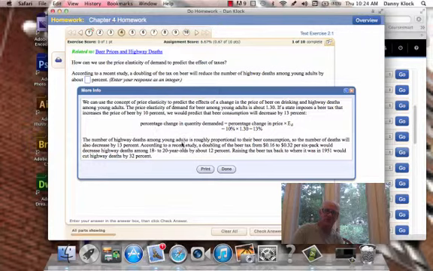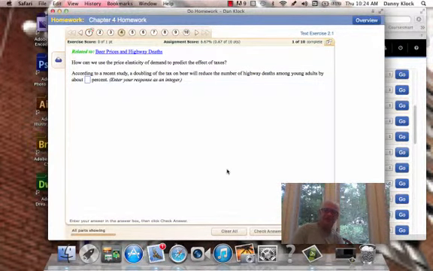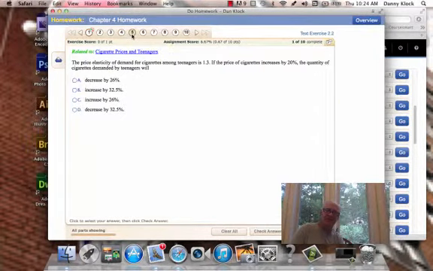So just read the thing, have a little reading comprehension. You can always print it out if you want. But you can figure that one on your own. Same thing here with cigarette prices. Here, actually, you got to do a little algebra on this one. Well, it does the algebra for you, in a sense, because